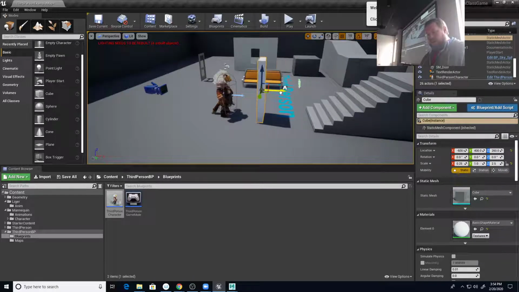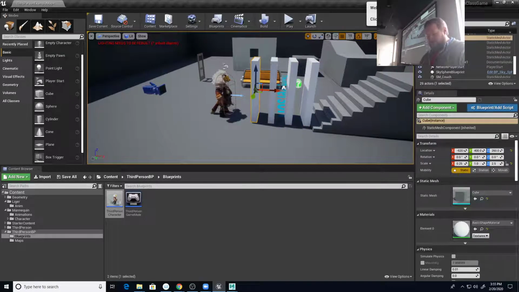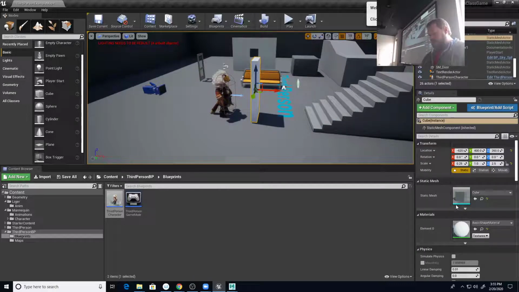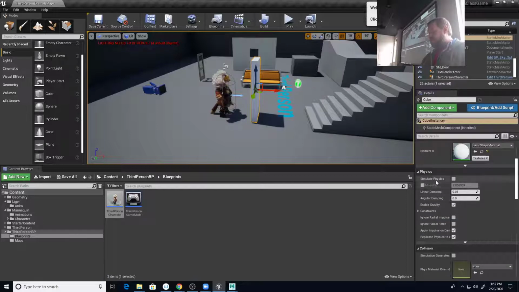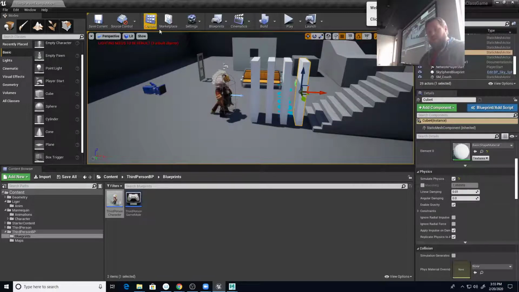Now, one of the cool things about this, if you just hold down Alt on this, you can drag that object and make duplicates of it. So I can do something like this, right? And I probably should have done something first before I did that though, which is I'm going to grab this object and scroll down here, and you see where it says simulate physics? I'm just going to check that on. Right. So then I can hold Alt and get multiple versions of this. So if I hit play,